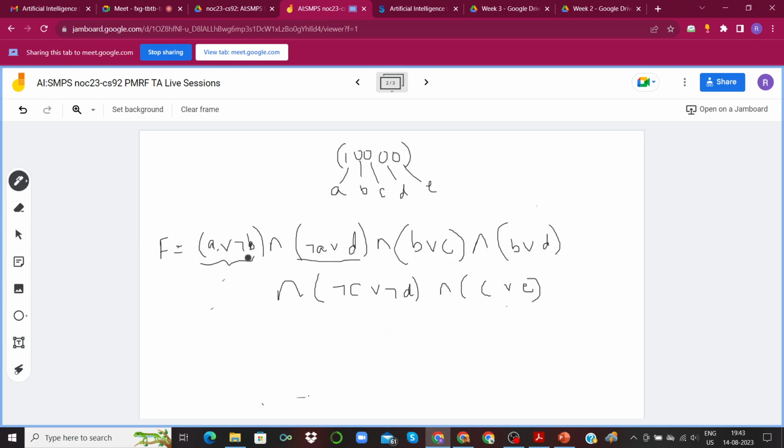Okay, so if all of them are 0, then this would be A or not B. Not B would be 1, so this would again evaluate to 1. This would also evaluate to 1. This would be 0, this would be 0, this would be 1, and this would be 0. Okay, so here we see that 3 of these small brackets, or 3 clauses, are evaluating to 1, or are getting satisfied, right? So for this one, the heuristic value would be 3.